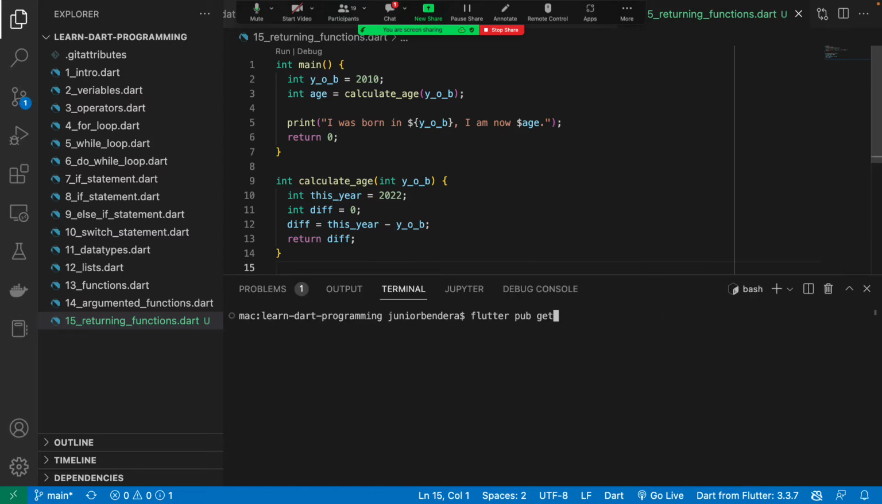So I'll just simply come and say that, and then the name of the file, which is 15_that, and then you run it. So you can see I was born in 2010, I am now 12. Okay, so it means that even if we want maybe to calculate for me, by the way, you can also,